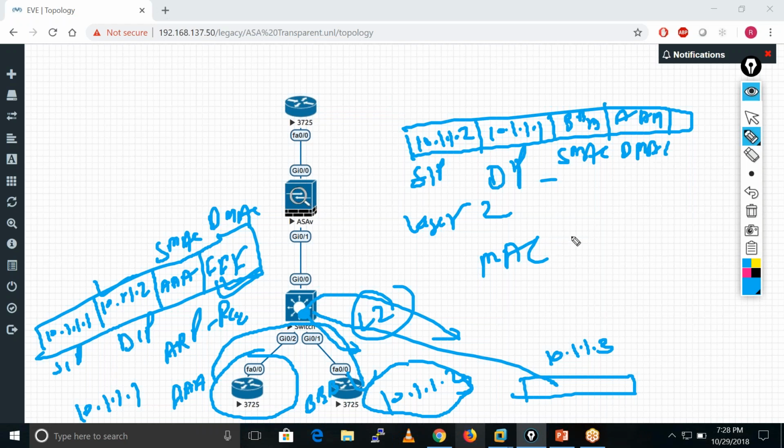That is the ARP reply packet coming from 10.1.1.2 towards 10.1.1.1. Now I think ARP is clear to you guys, right?